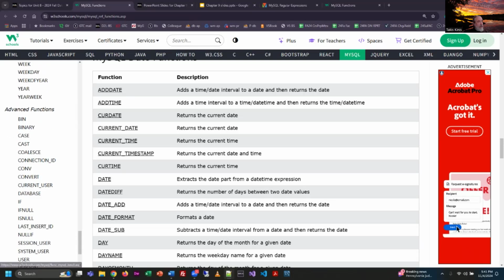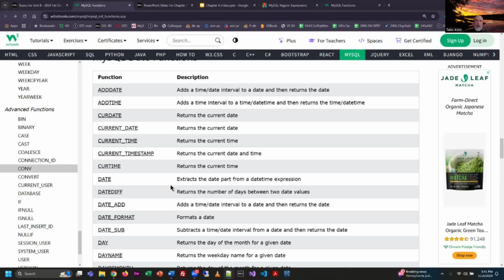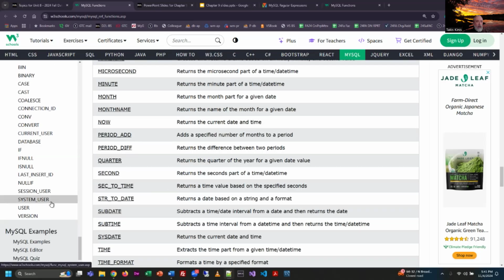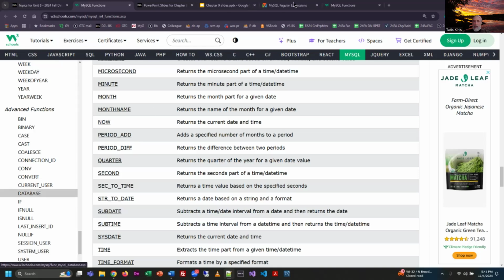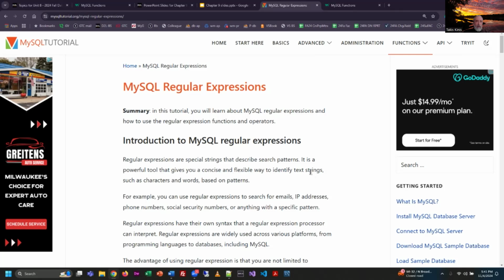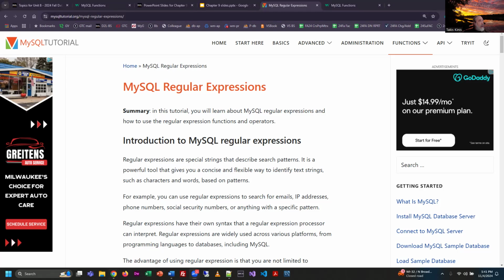In terms of some of these advanced functions, I'm not sure that we're using anything particularly advanced in our code. We are going to do some regular expression stuff, which isn't really listed here on the W3 site, which I thought was interesting. So for the regular expression material, I'm going to refer you to this particular page on MySQLTutorial. I'll just drop this in the chat for you really quick, just in case you want to go there and read up on it in depth as I'm talking to you. You might. I'm not sure. But